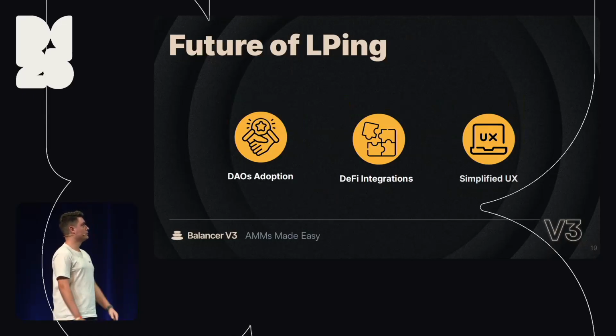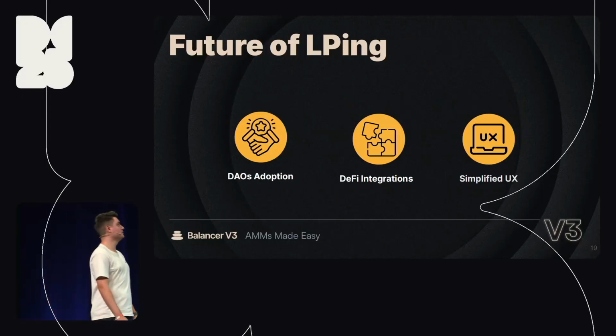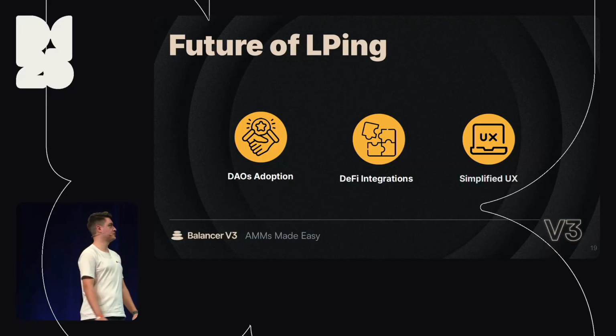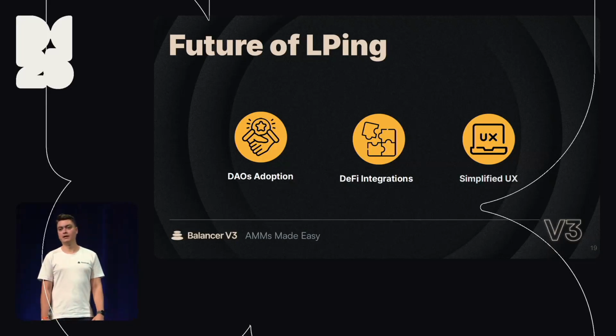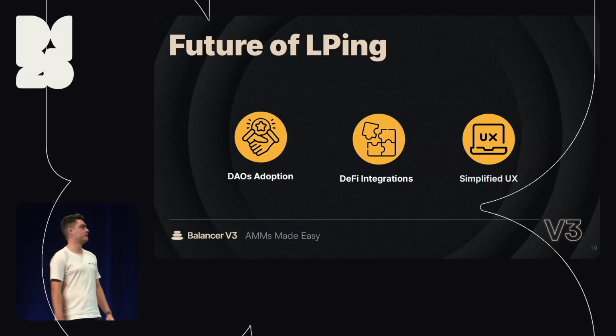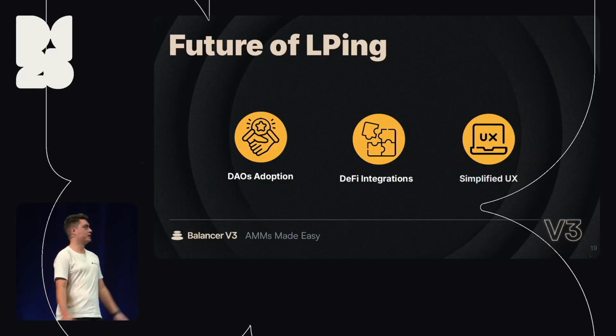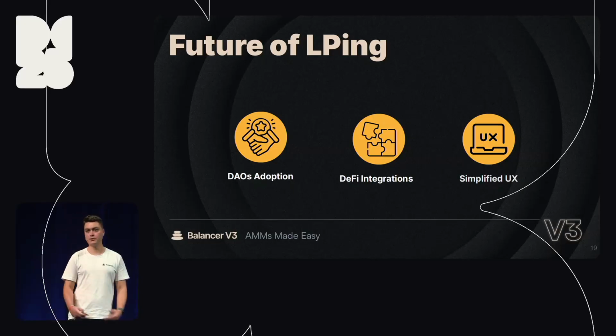The future, hopefully what we're looking for at Balancer, is DAOs' adoption of this model. If you're a DAO or a treasury manager of a DAO, for sure the ReCLAMM can be a good option for you. If you want to deepen liquidity of your own governance token, you can provide it via ReCLAMMs. DeFi integrations should be super simple because, again, it's an ERC20, it's fungible. You can send, transfer, you can stake. Hopefully, you can even provide this to other protocols, to yield farming, and create composability on top of it.